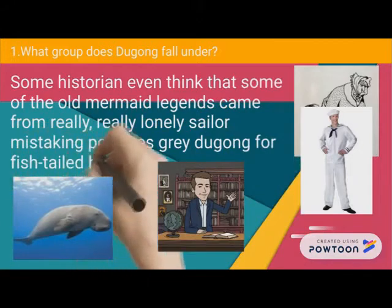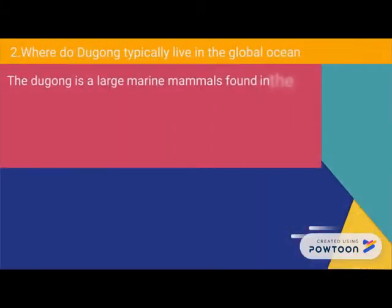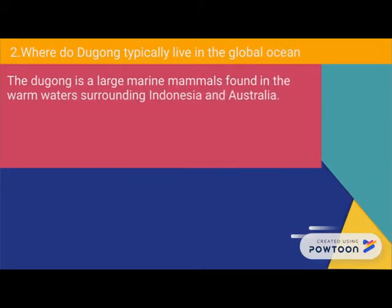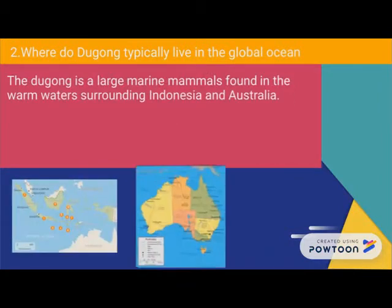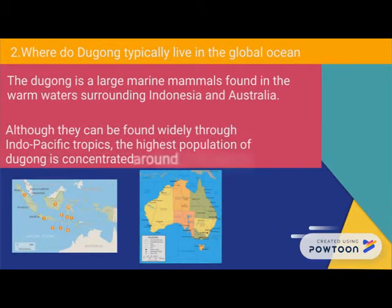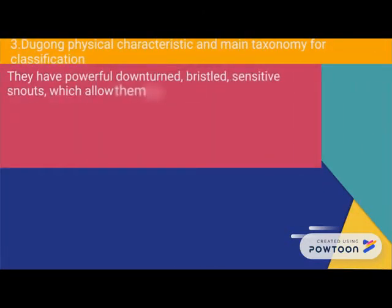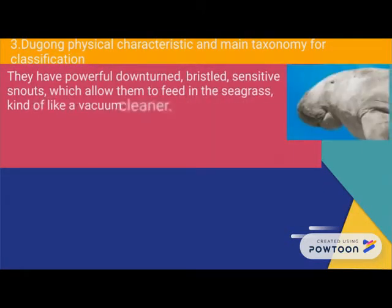for fish-tailed hot girls. The dugong is a large marine mammal found in the warm waters surrounding Indonesia and Australia. Although they can be found widely through the Indo-Pacific tropics, the highest population of dugong is concentrated around northern Australia. They have powerful, downturned, bristled and sensitive snouts which allow them to feed in the seagrass, kind of like a